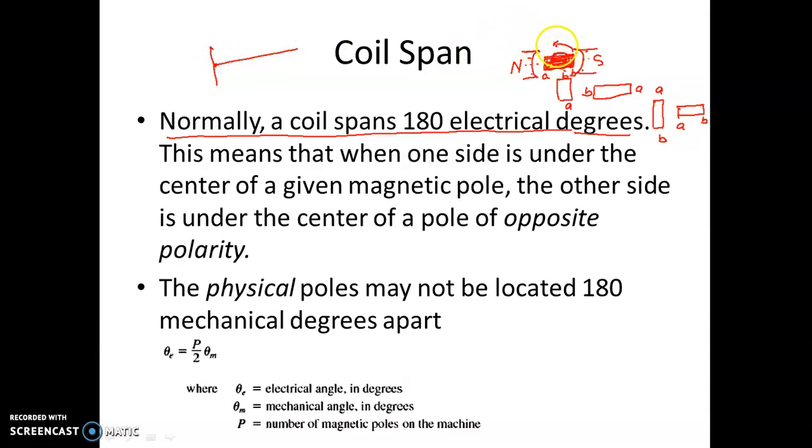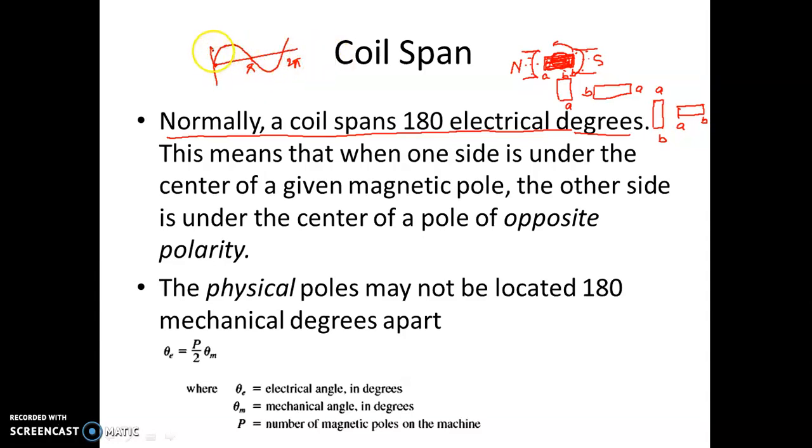Once it starts rotating like this, the induced EMF starts to build. At 90 degrees the induced EMF is maximum, because maximum flux is cut. After that the induced EMF starts decreasing, and after another 90 degrees this position will come again. It will be parallel again, so the induced EMF will be 0. And if you rotate it further in the negative direction, it goes like this. So this is pi, this is 2 pi.